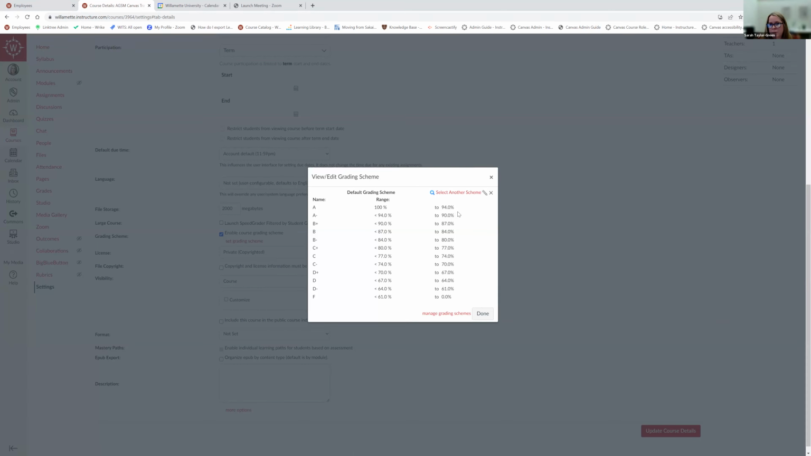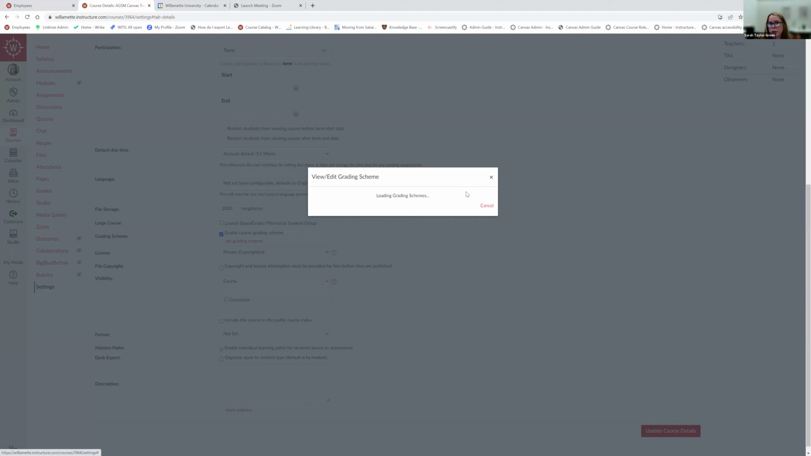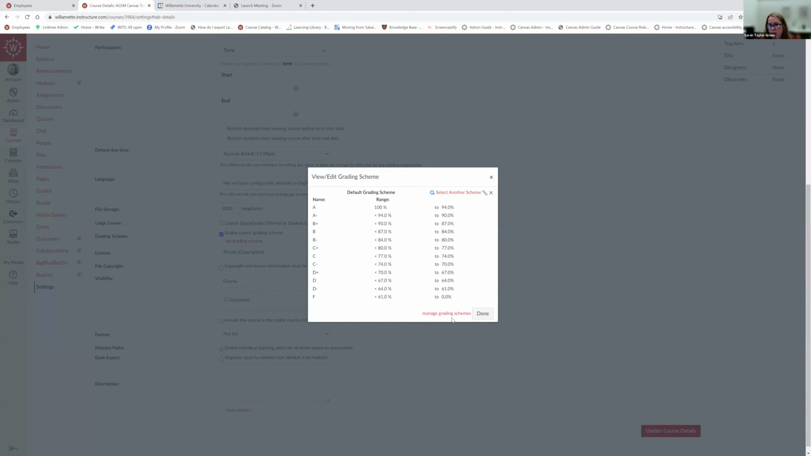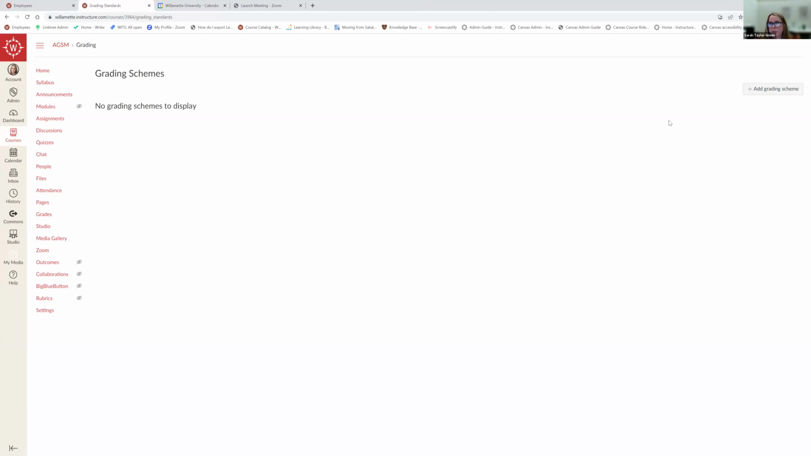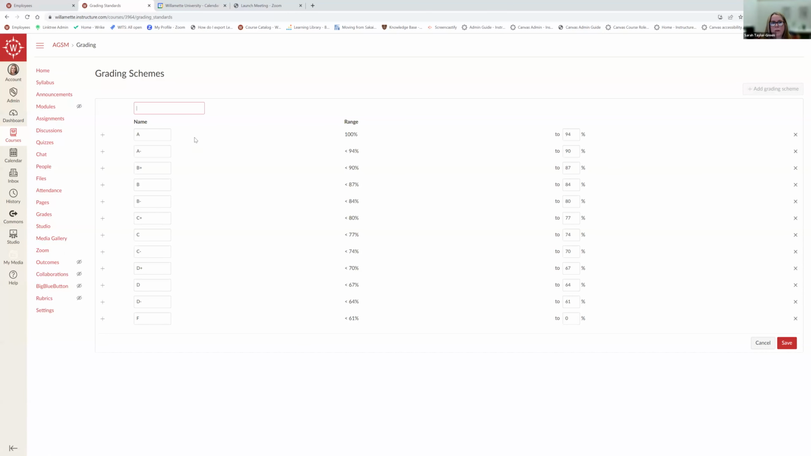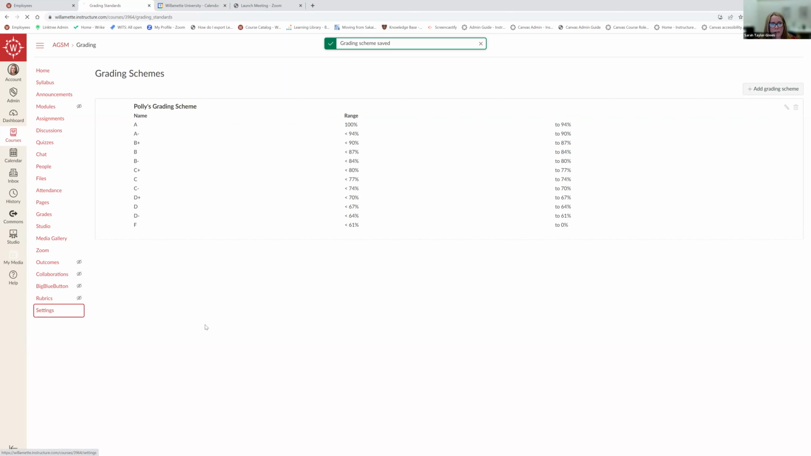set your grading scheme the way you want. So this is the grading scheme that's in here, but you can create a new one by managing grading schemes. You can add a grading scheme, and we'll talk more about this Thursday. I don't want to get into this real deep today. Create your own grading scheme, name it. You have to name it. So let's see, Polly's grading scheme, and save it. And then when you're in here,